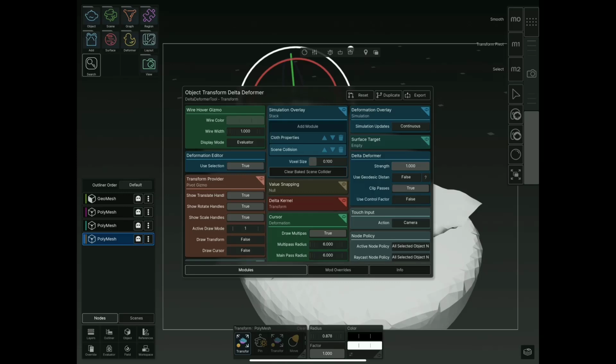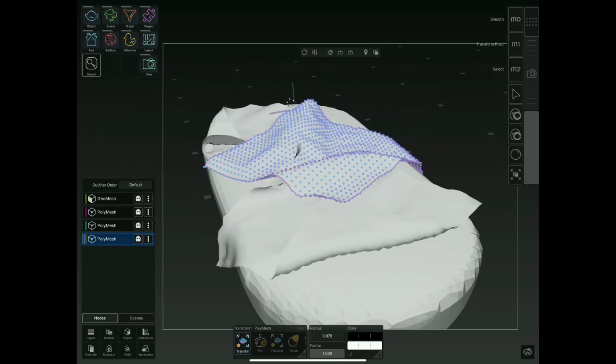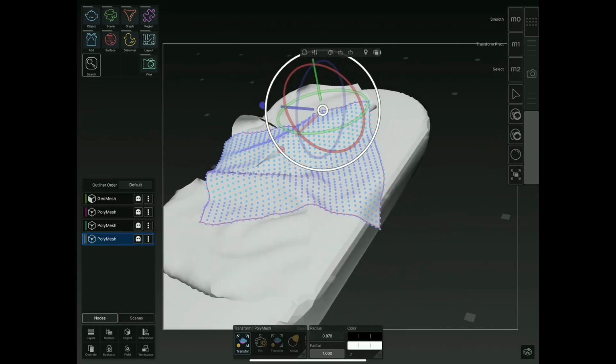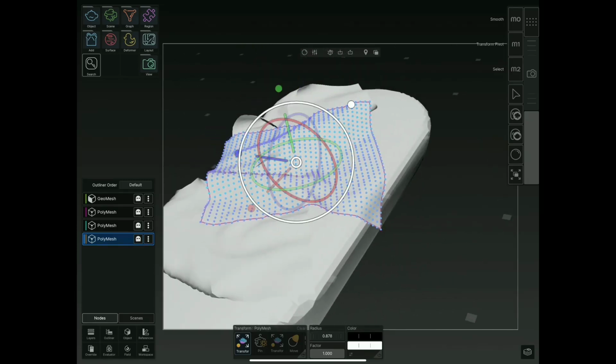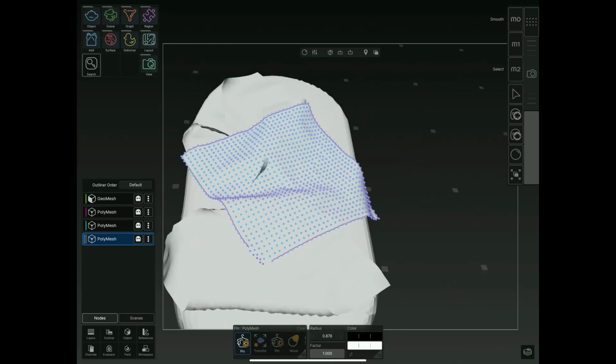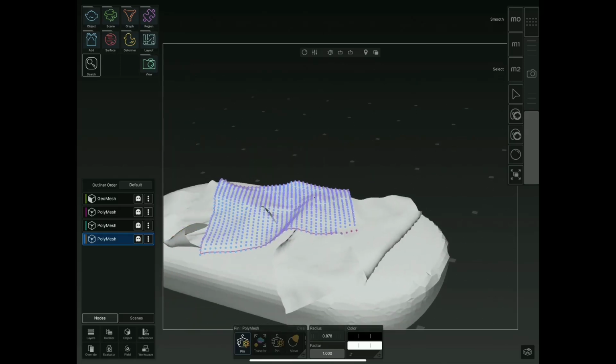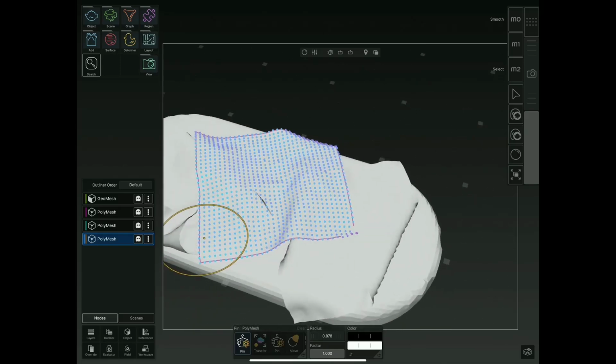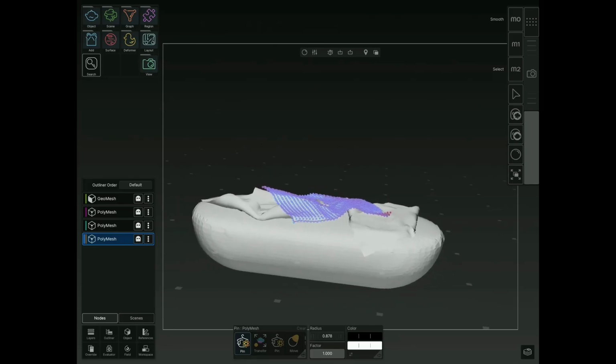So let us go under here and let's bake a new scene collider, and we're just going to bring this down, and you see that now it lays on top of everything. So this program, it just speaks to me. I'm over here eating the battery alive, guys. But it doesn't matter. You can't stop me. All right. So now from here,